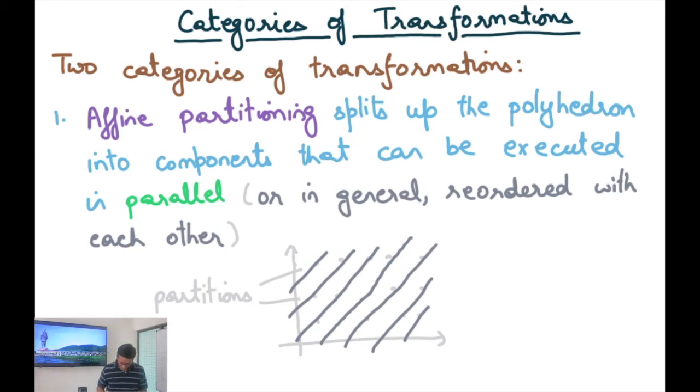So for example, if this was my loop iteration space, let's say this rectangle represents my convex polyhedron, then maybe my partition is going to be these diagonal lines. And notice that each of these lines may have one or more points. So for example, this line has 1, 2, 3, 4, 5 points, let's say. And so these lines are representing partitions. In other words, these iterations can be executed in parallel with the iterations on the second line, and similarly with the third line and fourth line.